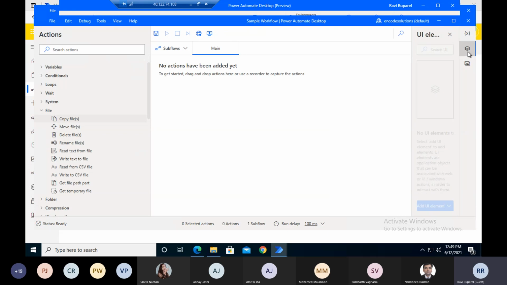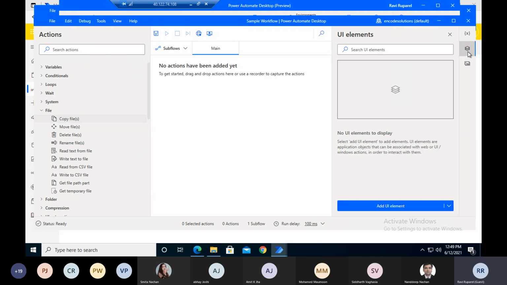Now going into the UI elements. If we are working with OCR and want to fetch any content from a window, then we need to add a UI element from there. Once we add the UI element, we can use it in the available actions. Let me add one UI element.